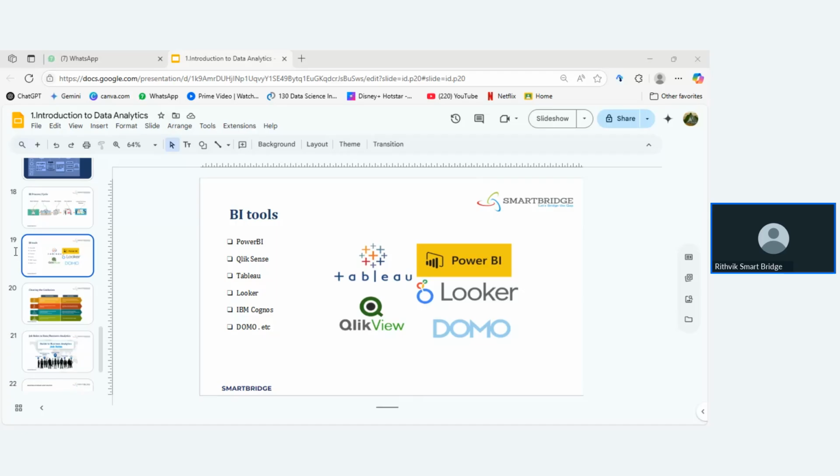Data analyst is primarily concerned with using data to uncover insights and patterns through techniques like statistical analysis, data mining, and machine learning. Okay, it's going to understand the patterns of the data by statistical analysis. Yeah, you can leave your answer in the Q&A session, guys. Whenever I'm asking a query, you can drop it in the Q&A session.